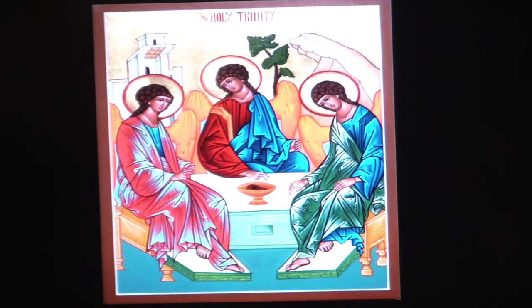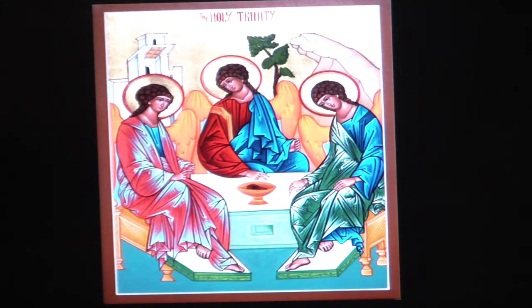Okay? So who's in the center? Christ. Christ is in the center. We know through the colors and the gold band. The person to the right of Christ is the Holy Spirit. Okay? The Holy Spirit is usually shown in a lot of green. Green being the color of life and liveliness and spirit. And the person on the far left is God the Father. Now God the Father, you can see a little bit of the blue that signifies his divinity, but a lot of it is shrouded in mystery. Okay, because one can approach God the Father only through Christ. And so that is why his divinity is sort of shrouded in mystery.